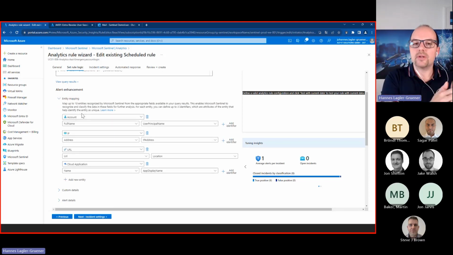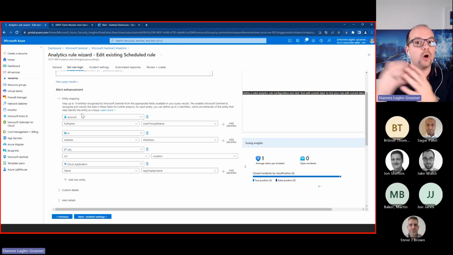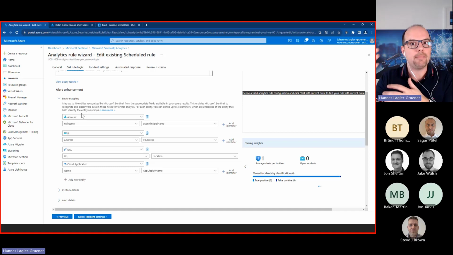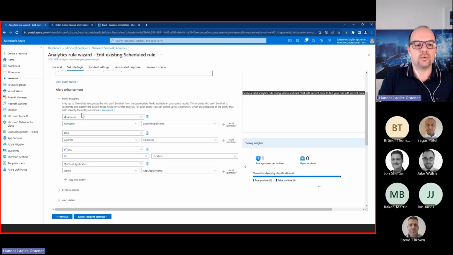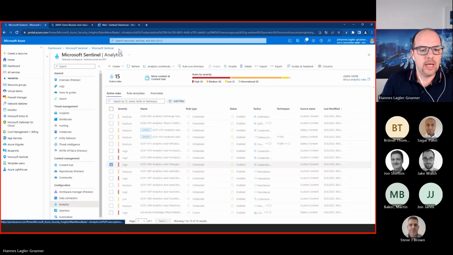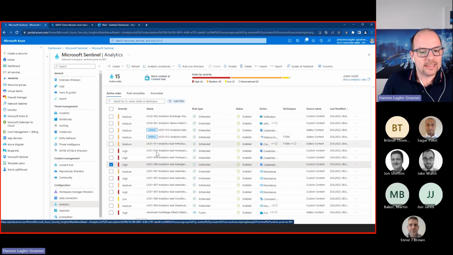Entities are really important when we go to the next step, automation, to investigate your incident rules. But we will cover this in the next session. Okay, so that's a short overview about